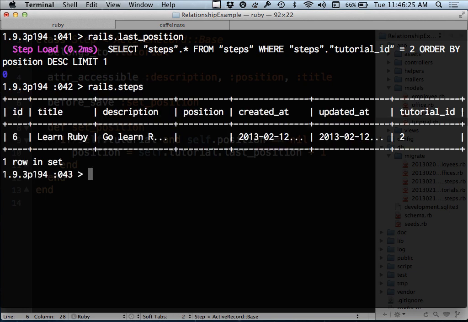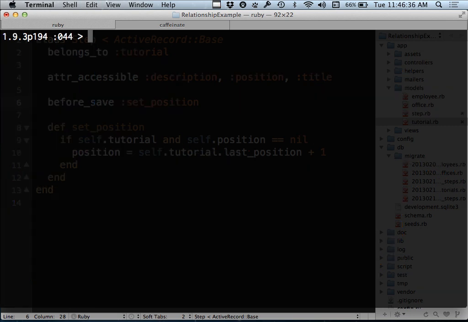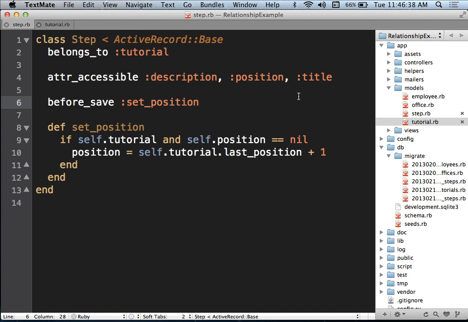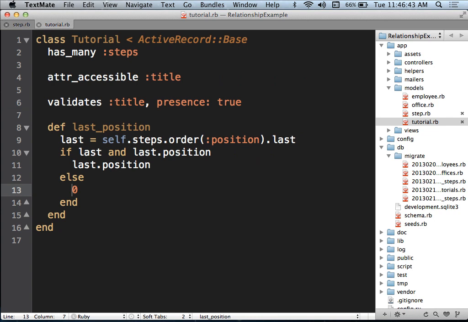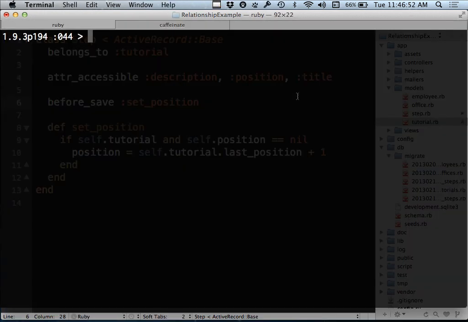Rails.steps, definitely nothing there. Step.all, definitely no position. Looks like the last position method works, as far as we can tell so far. What about set position for a step? Well, let's get a step. Let's say Rails step 1 equals